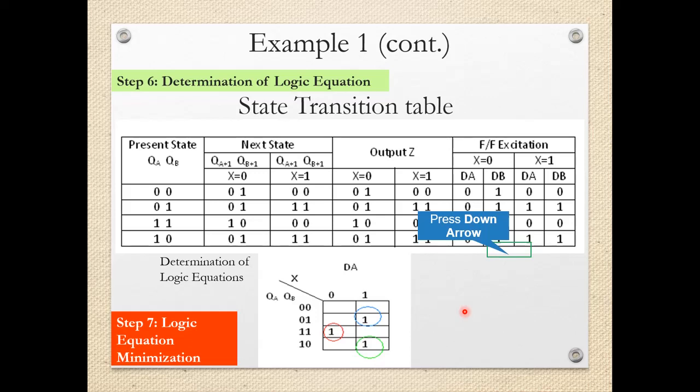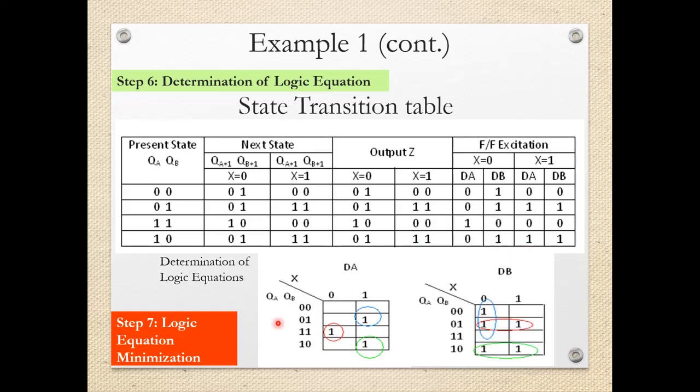As it is, I will do the entries because my QA, QB values have the same Gray codes as my state assignments. That's why the Gray codes are used: 0 0, 0 1, 1 1 and 1 0. Corresponding to this, I will enter this column over here, that is 0, 0, 1, 0. But 0 we need not consider. Then for this column, x equal to 1, corresponding to DA, that is the A flip-flop, 0 1 0 1 is entered over here, and then I have obtained this K-map, and from this you can write the logical expressions.